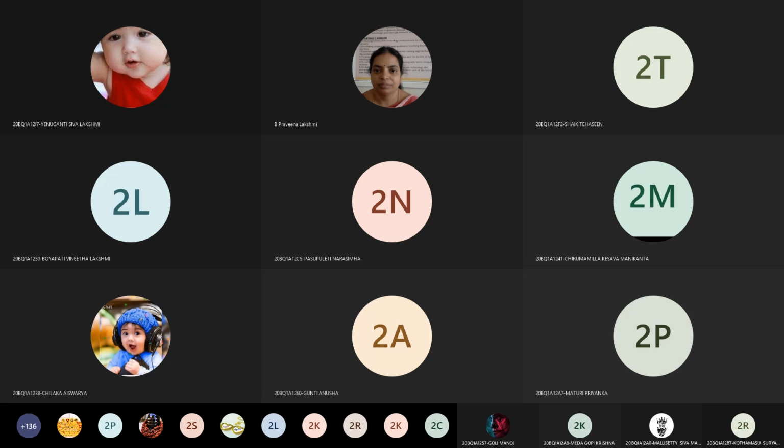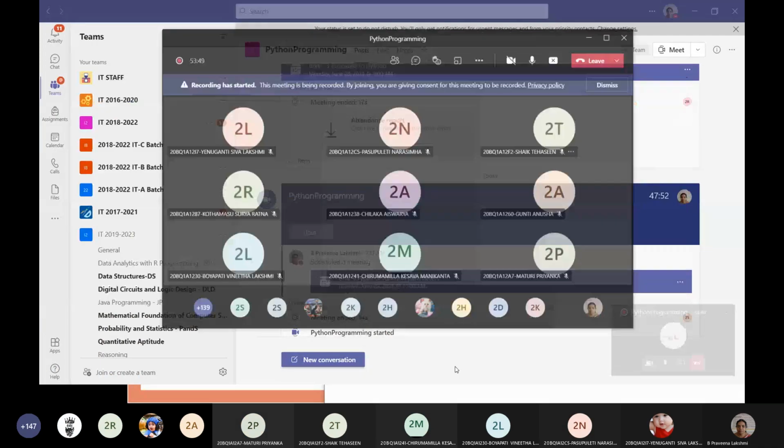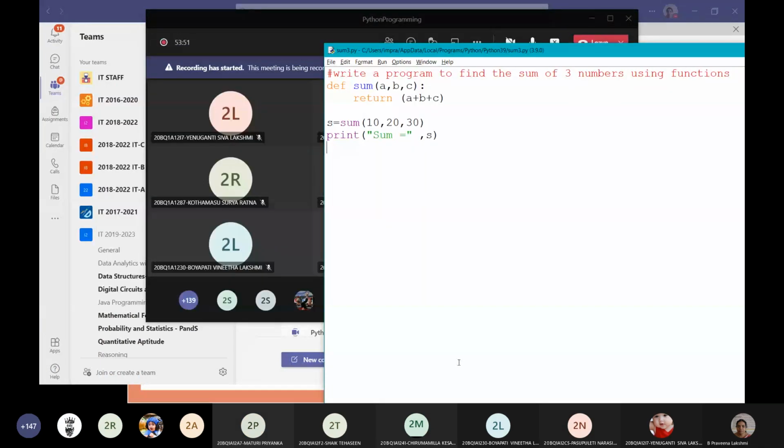Once all of you note down this example for the positional arguments. Note down the example of positional arguments. The same example will be converted into keyword arguments also. Okay, this is completed.